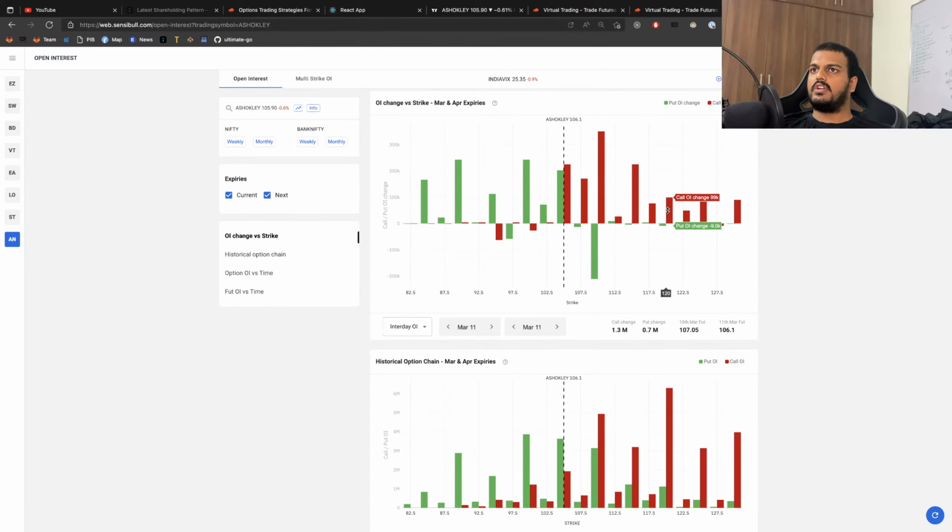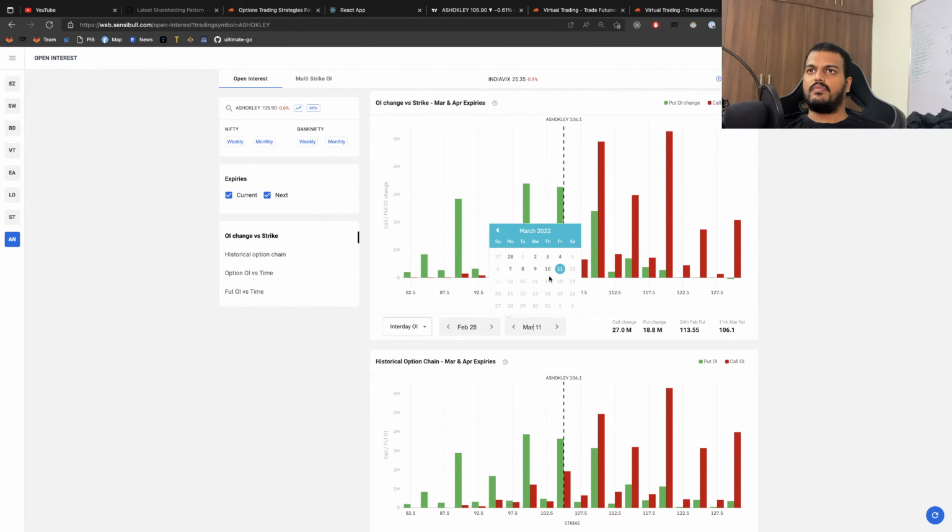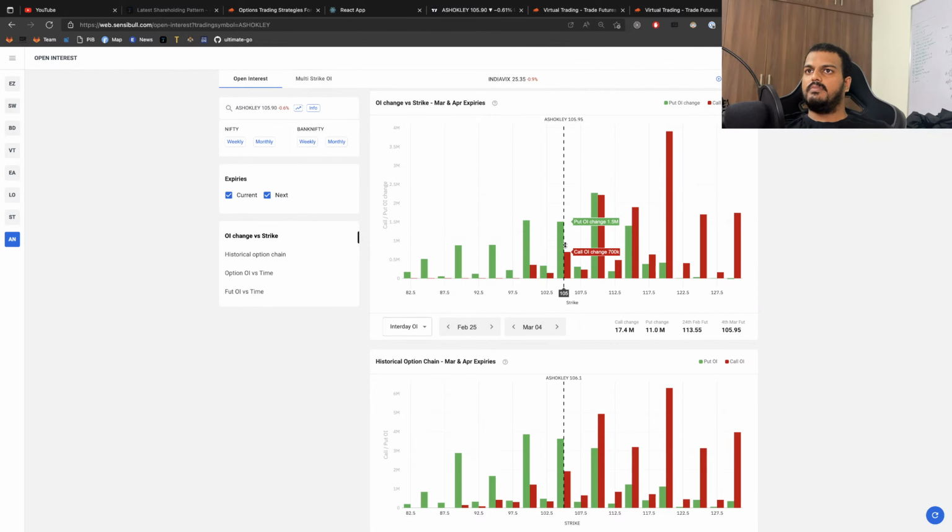And now also there are a few contracts being created in one day. And if I go to the 14th, again there's huge bearishness which you can see by the call OI in this week. Before that, from the 25th to the 4th, it was here, and then many puts were created, and again use some common sense. These puts might have been created for the sake of a down move, and this might be mostly as a hedge to their futures or selling based on the exit of their futures.